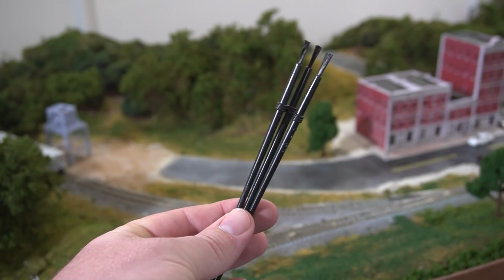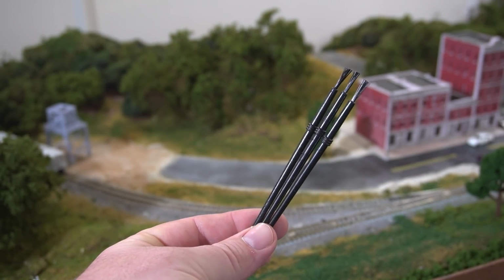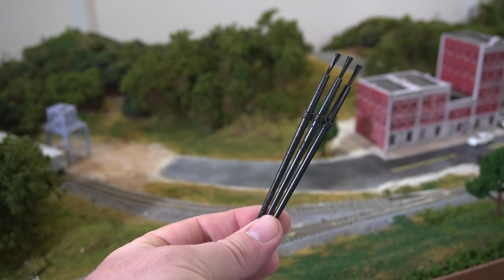Just these super cheap little tiny brushes. You probably use these in school just for painting things, but these are just dirt cheap little brushes that you could buy and do stuff with. Now, for all the other things for treating surfaces and that kind of stuff, one thing I recommend is